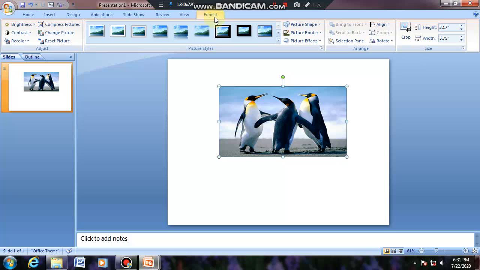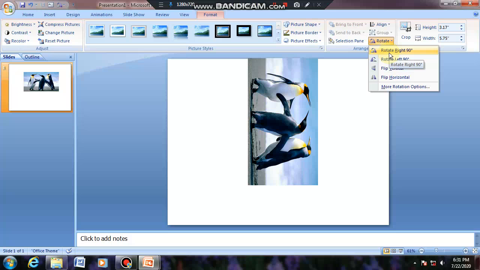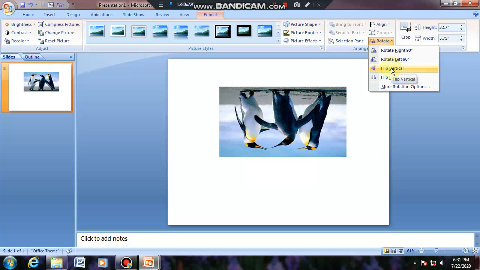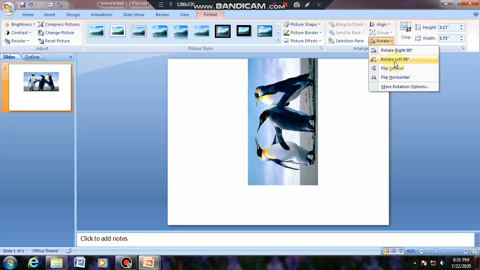Now you can see the format tab, different groups. Here you can see rotate. We use it to rotate or flip the selected object. For instance, I have selected this and I am using the rotation command over here. Click over here. This way you can rotate your picture. Flip vertical, flip horizontal.